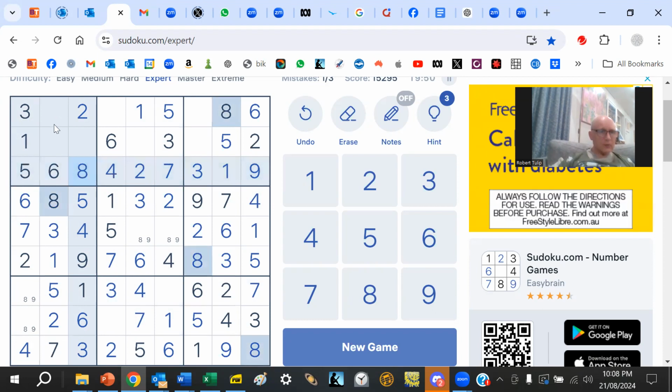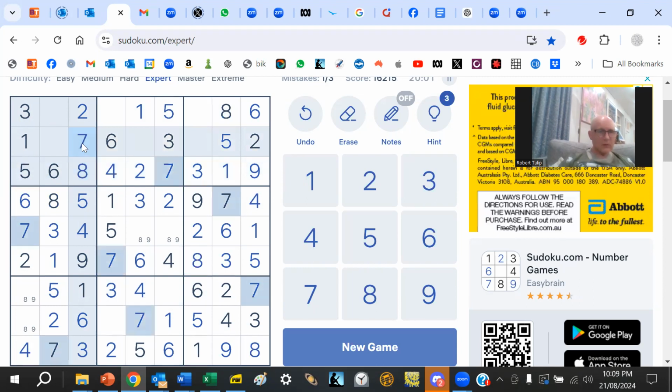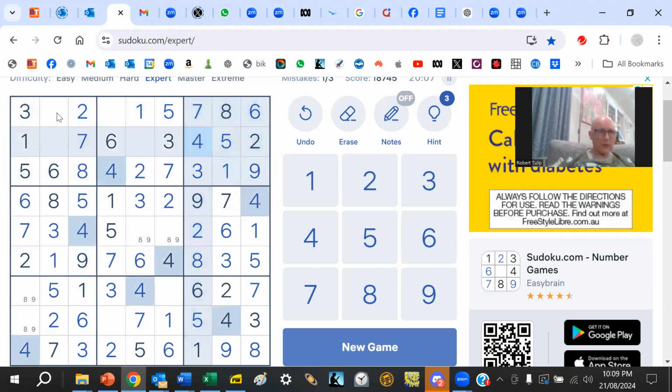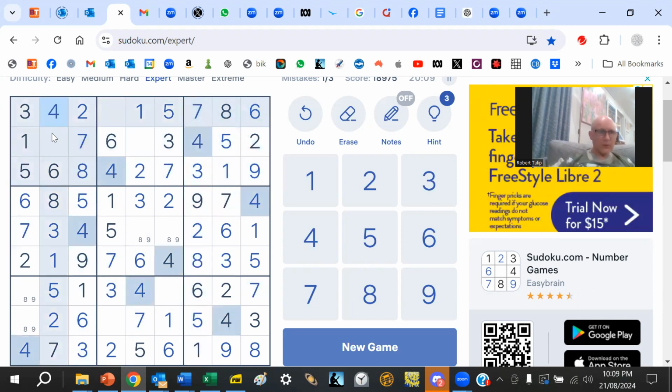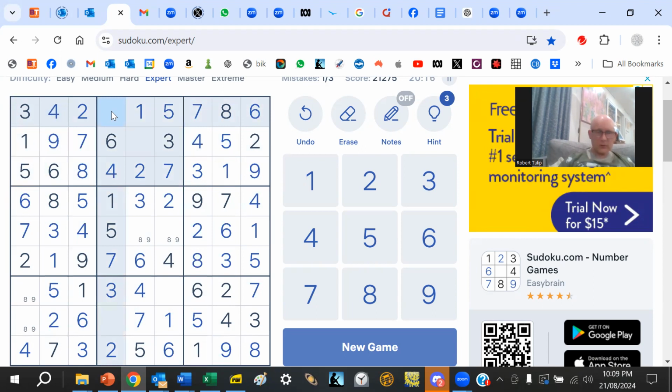And let's have a look in these ones. We've got 4 7 9, and we knew that was 4 9, and that's the 7. And then back over here we had 7 and 4, and so those fill in, and that gives us the 4 and the 9 there, and then here we are, we're on the home stretch. And we've got 9,